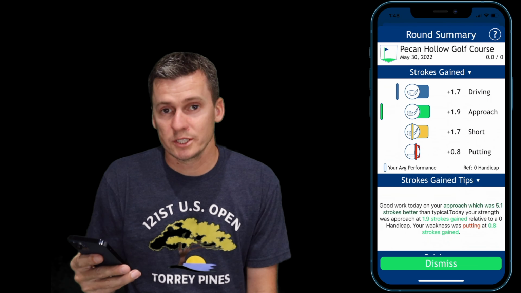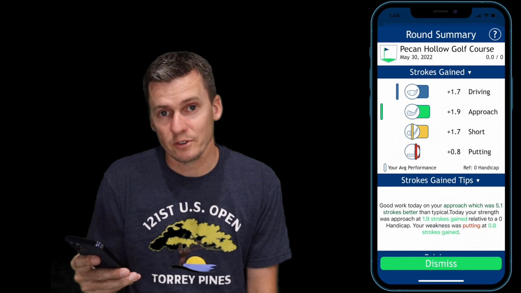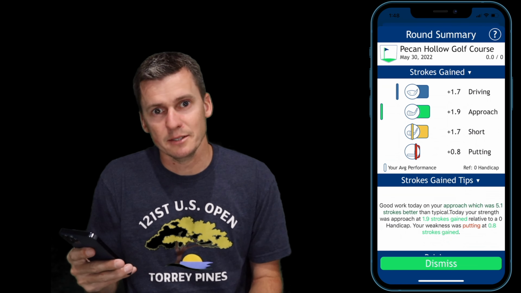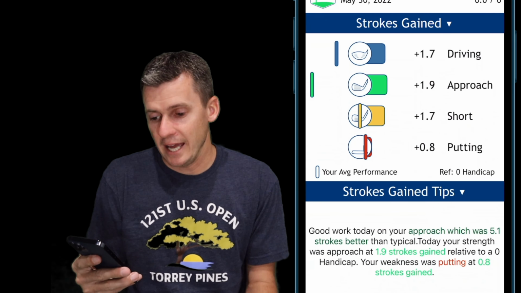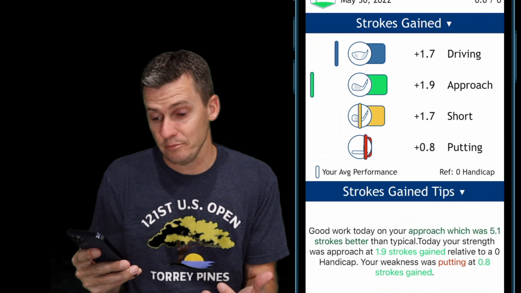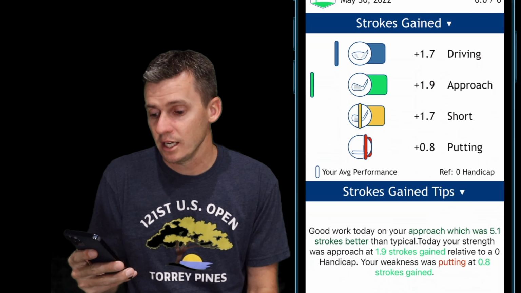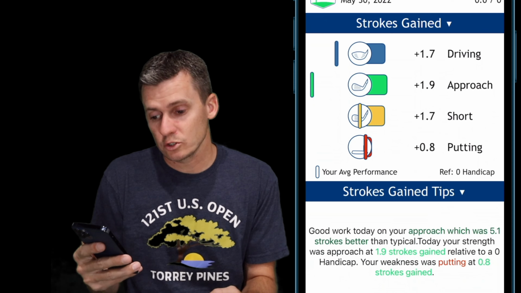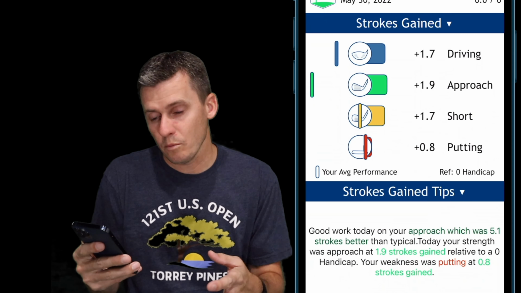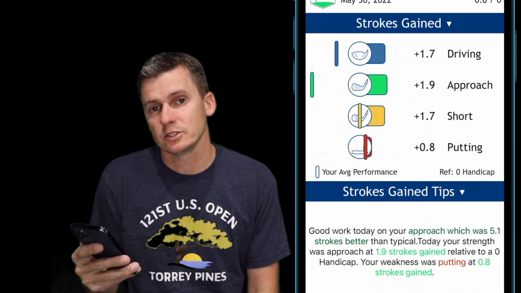All right, let's drive into strokes gained, which is one of my personal favorite things to go look at because it really takes the emotion out of the round of golf. And this was one of the few rounds, if maybe the only round I've ever played where I gained strokes in all 4 categories. I gained 1.7 strokes driving, 1.9 strokes approach, 1.7 strokes short game, and 0.8 strokes putting